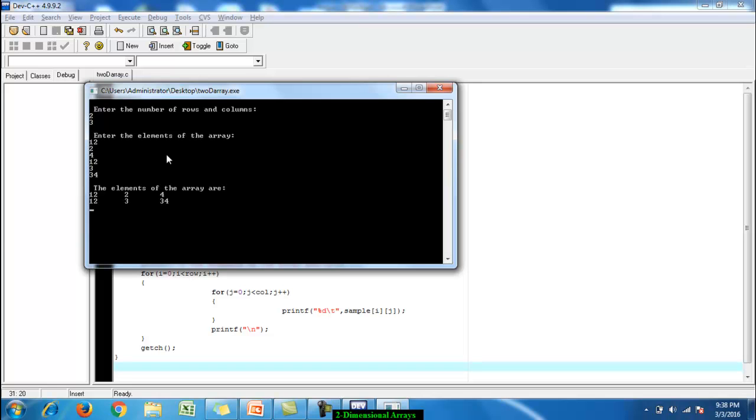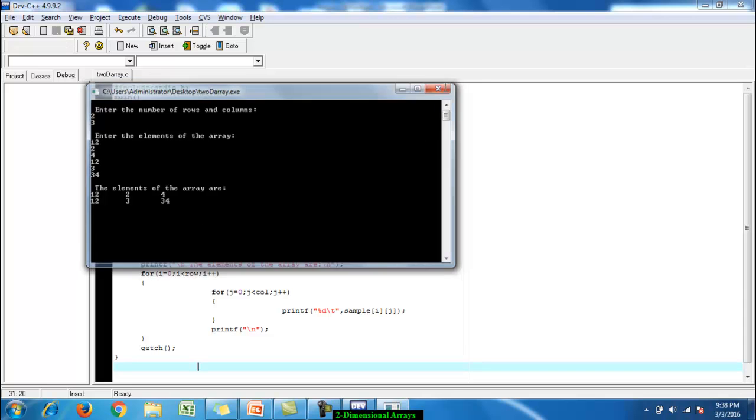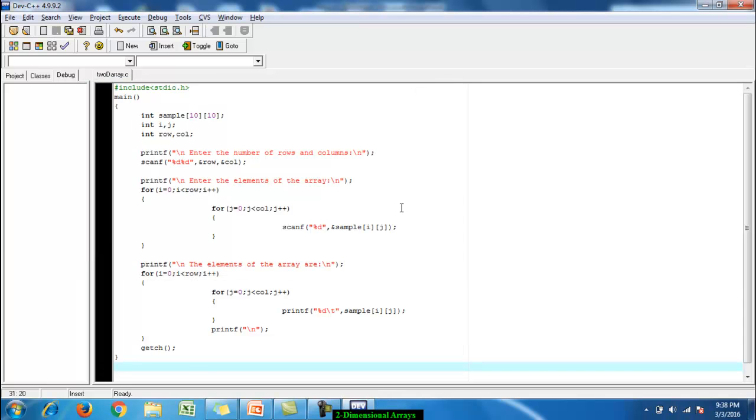Okay. 12 to 4 occupies the first row. 12, 3, 34 occupies the second row. You can do any magics if you know how to read out the rows and columns of a matrix. Fine. Okay. So now let us do one more, or just learn one more small thing of how to add